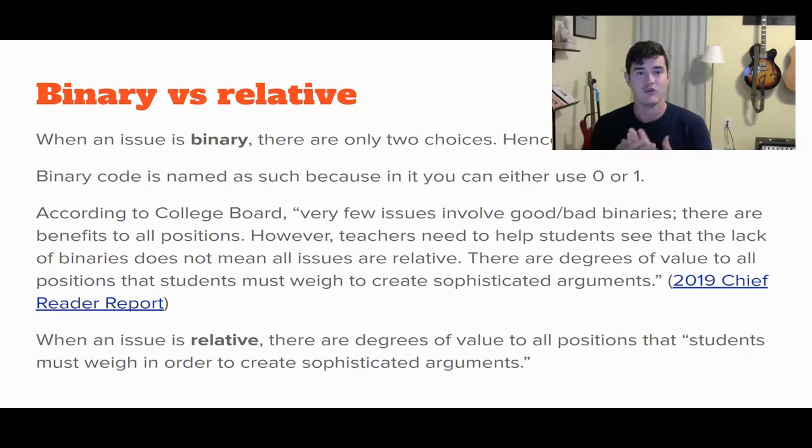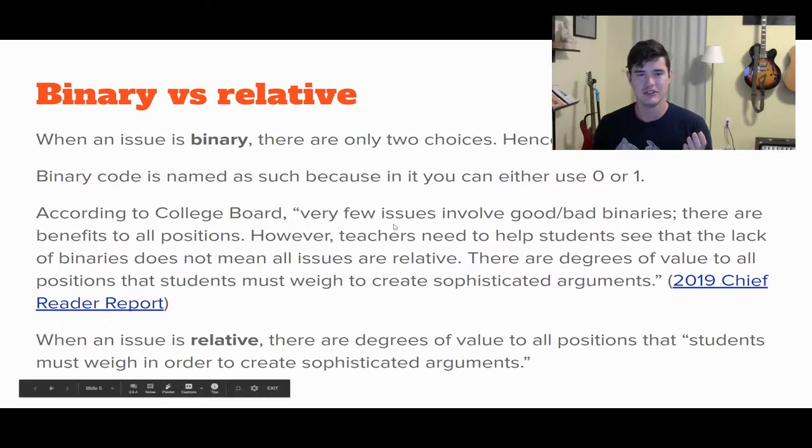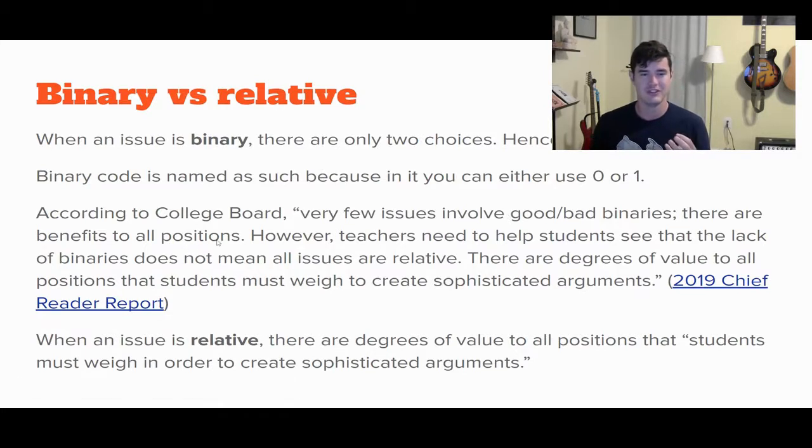They are relative, meaning there are degrees to which you can take a stance to this question. And that leads me to this quote from College Board. "Very few issues involve good and bad binaries. There are benefits to all positions." And I used to have just that quote because to me it seemed contradictory to say that there are benefits to all positions. Like, that in and of itself is kind of like an absolute binary